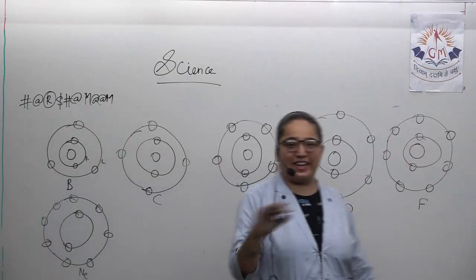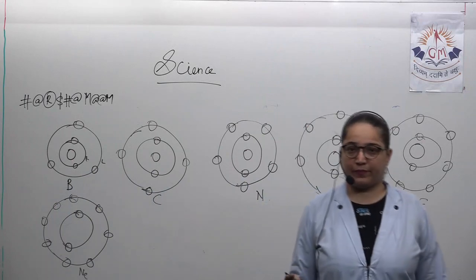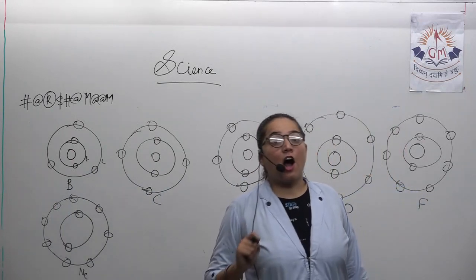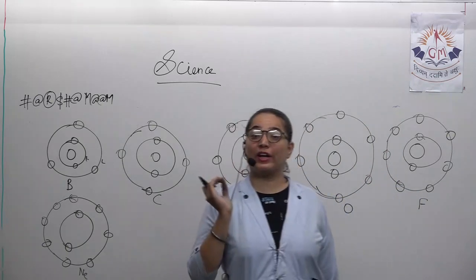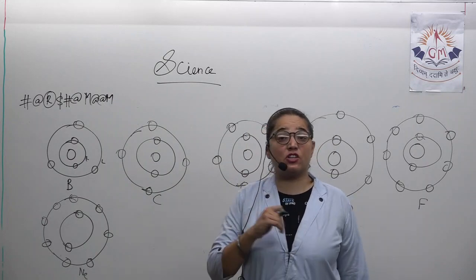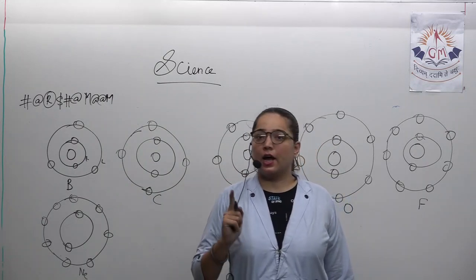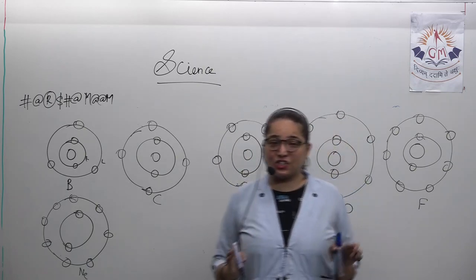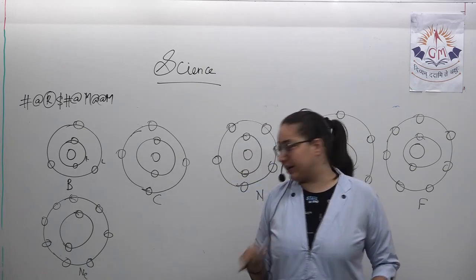Now capacity of the second shell is over. So the third will start filling. But in the third, how many electrons do we have? You don't have to take 18. You have to take 8 again because the L shell is not 1. Got it? Okay. So in the next shell, there will be electrons.